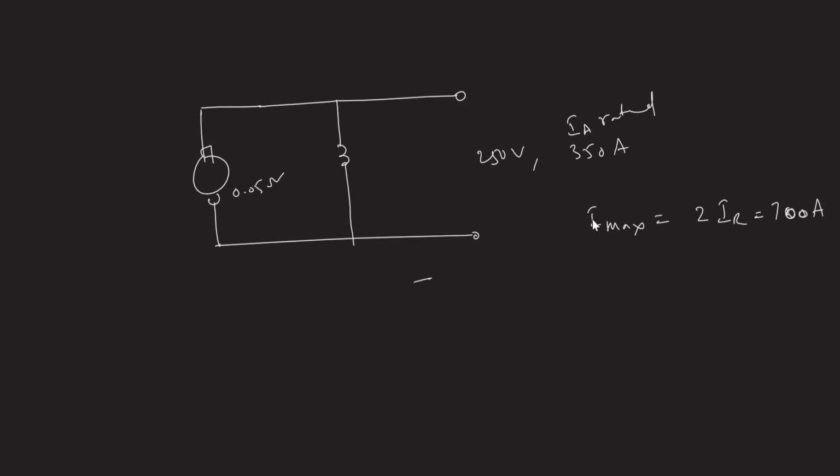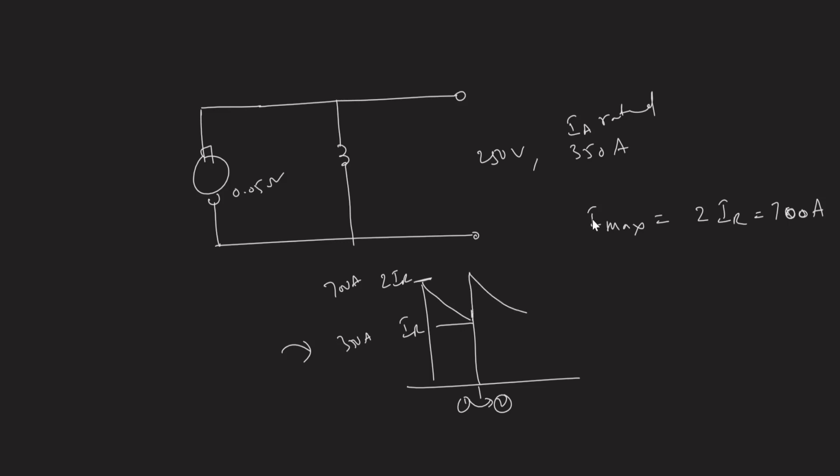So as I said initially, when the machine is connected to the supply, it will move to 2 times IR, and the sectional resistance will jump. The section from first step to second step will be changed over at the corresponding rated value. So this is 700 amps and this is 350 amps, this level. So it will move again to 700 amps and it falls like this. From second to third switching, it will fall like this. Again it goes on like this.